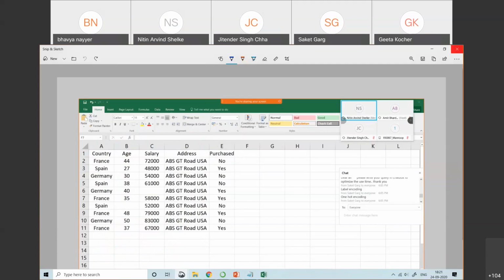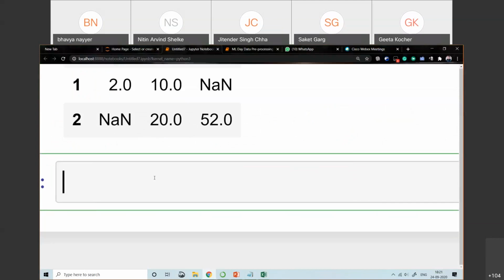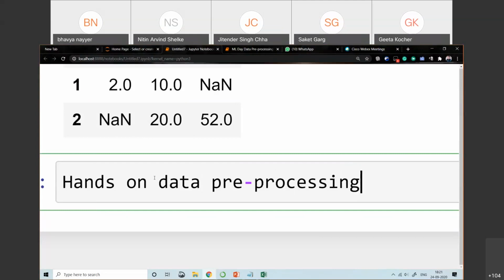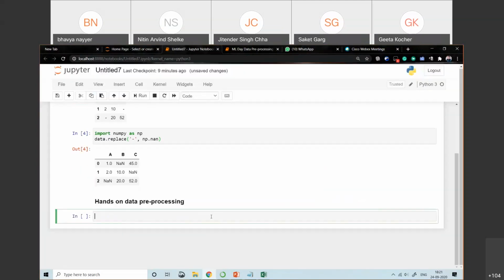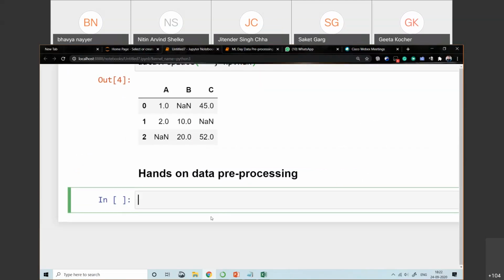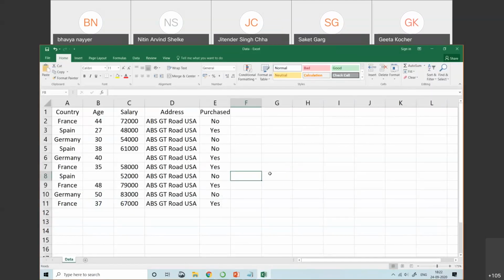Now next, let's start with the data pre-processing part now. Now the first part is, as far as import get the data set, so I'm having this data set.